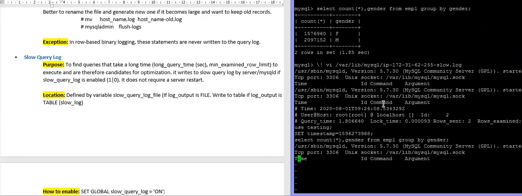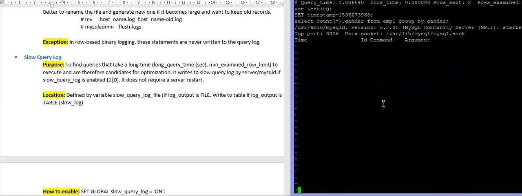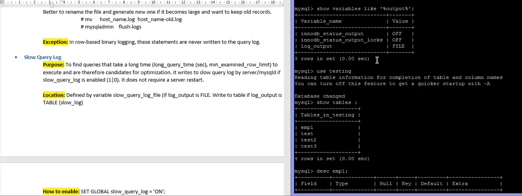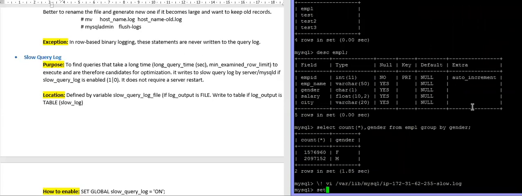Now let's see whether it is able to log into your table. For that, you will have to set global log output equal to table.